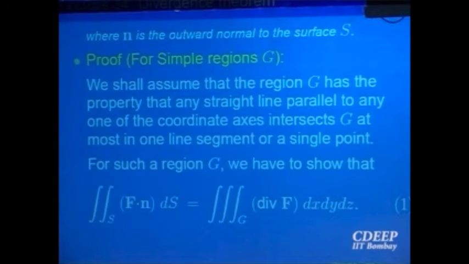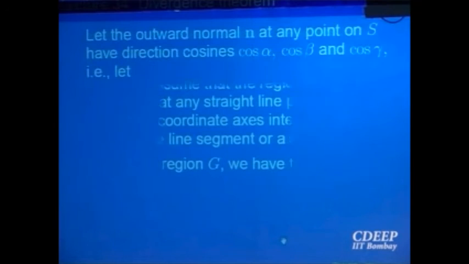You enter once and then you leave. That means there will be some bottom surface, there will be a top surface, and on the sides there can't be anything else. So it will be like some kind of a cylindrical surface, right, where top and bottom are some surfaces which are varying. Okay, so that is what we have to realize, and accordingly.